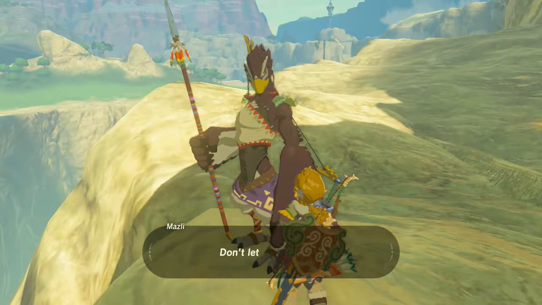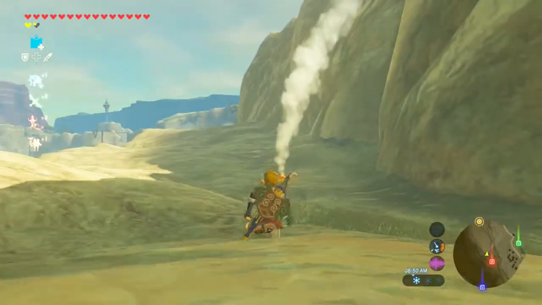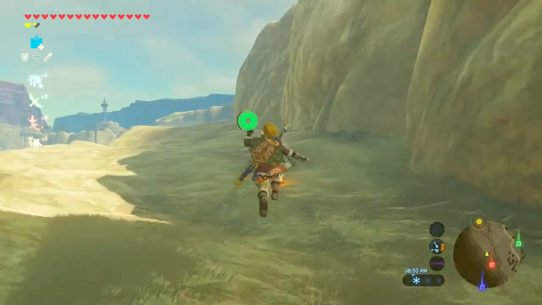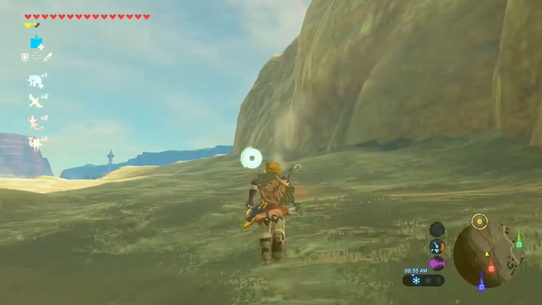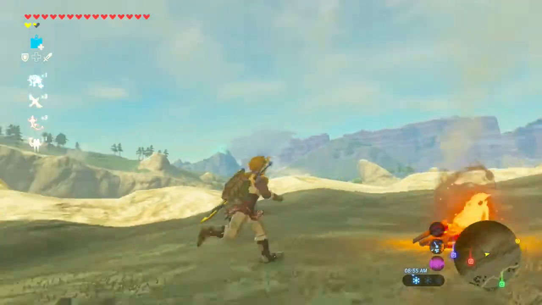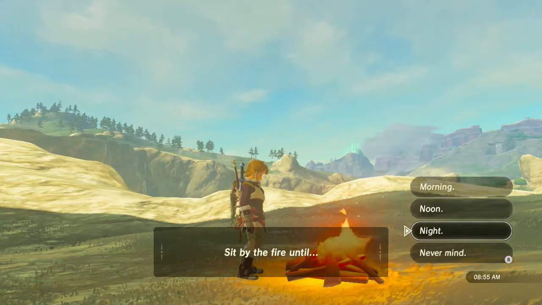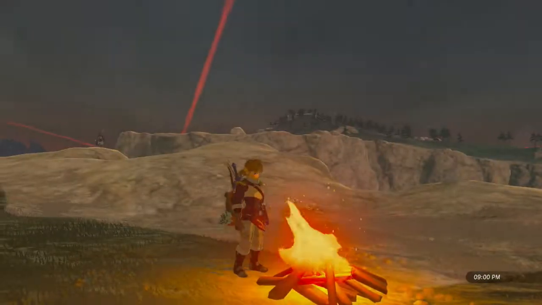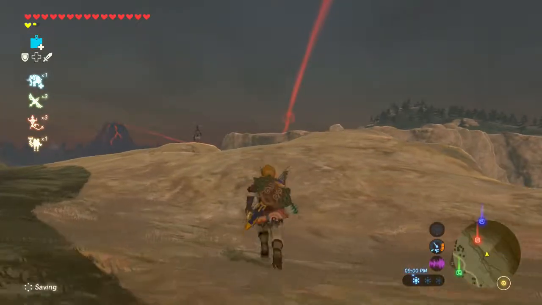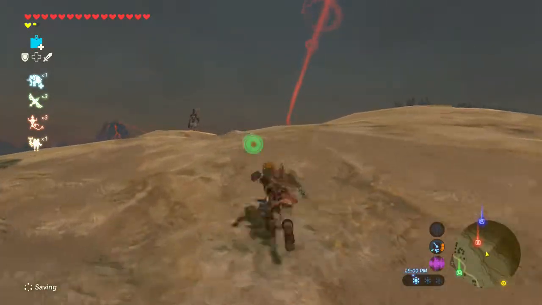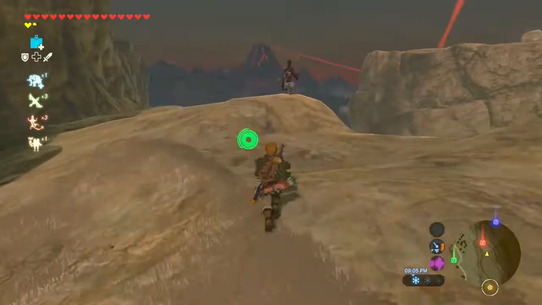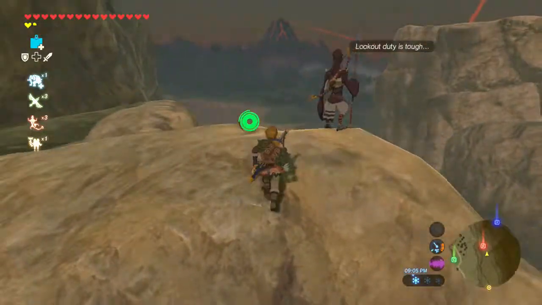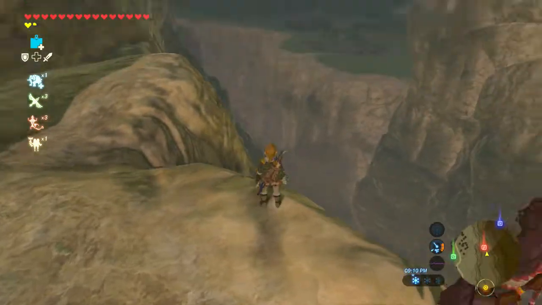Alright, thank you for that. Similar to something we did with the Zoras, this is actually an area where we have to wait for a certain time of day. Not really wait, more like use a fire to get to a certain time of day, and then we have to do a specific action. Back in Zora's Domain, it was going through kind of a hoop-esque thing, and now it's shooting the horns of a fire dragon. It's pretty simple, to be honest, but it's still fun. And I don't believe the fire dragon appears immediately when you go to night. He does take a little while.